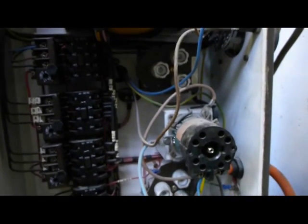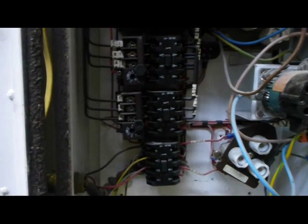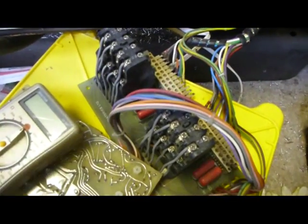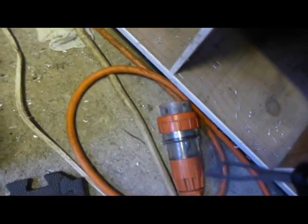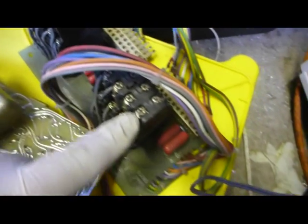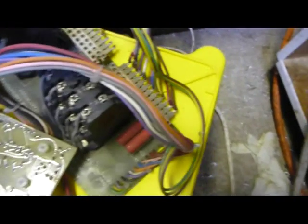We've got that here. And what we've got inside, this is inside the main control panel. So there's the transformer, the incoming feeds, the various contactors for the motors, the cross slides and the coolant pump. And then here we have the long feed. By the way, it's not plugged in. So we have the long feed contactor, and we have the cross feed contactor, and then this is the power